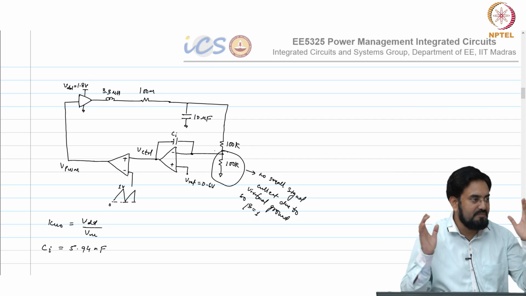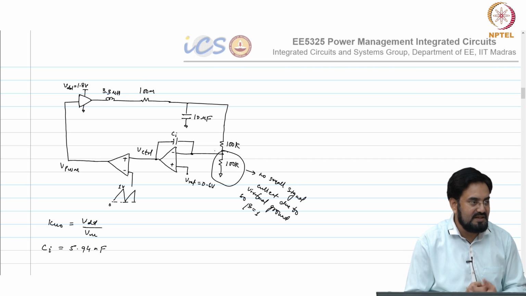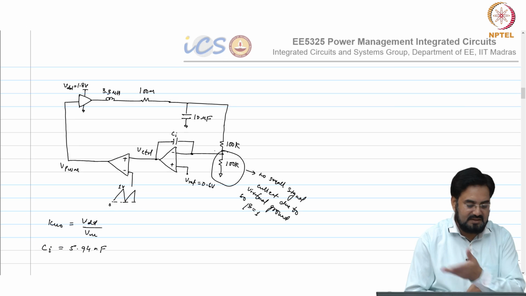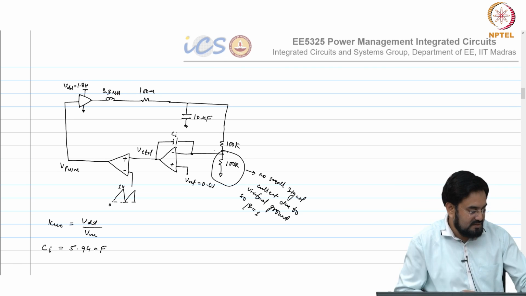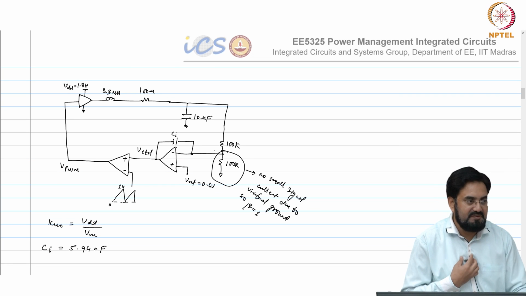If it's, let us say, of the order of megahertz, then the LC bandwidth is very low, it will filter, but if it's of the order of kilohertz, then you can see that noise in the output. So, your loop will pick it up and your output will be very noisy, okay.